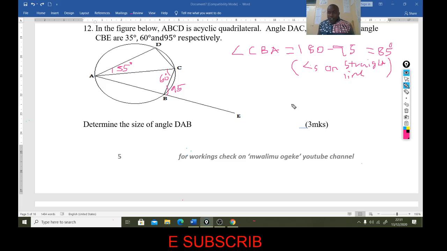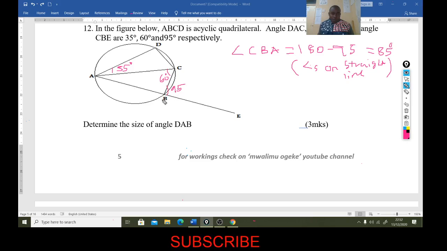Angles on a straight line. Then after giving that reason, you have this 85. So that means you can get this angle as 85 plus 60 subtracted from 180 to get this angle, angle B